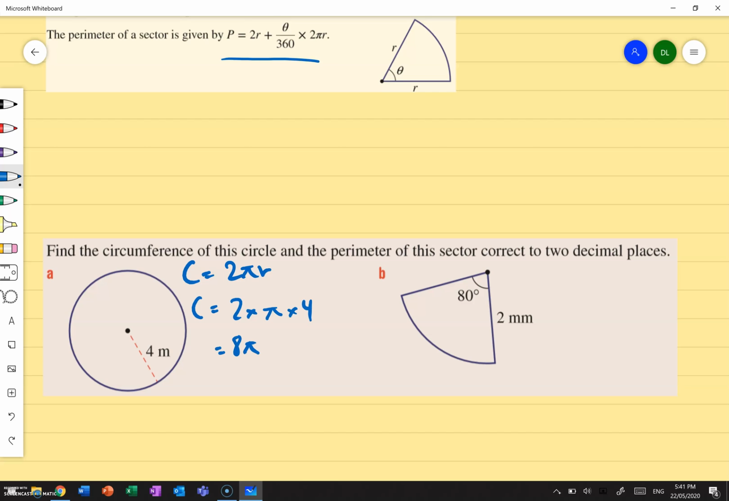Yeah, and that's saying find it in 2 decimal places, so I need to put this in the calculator. So I'm going to put 8 times pi, which gives me an answer of 25.13 meters. Remember, be consistent with your units. Okay, let's go ahead and do this one. Using the formula that we've got over here, I'm going to say P equals 2 times my r, which is 2 millimeters. So I'm going to write 2